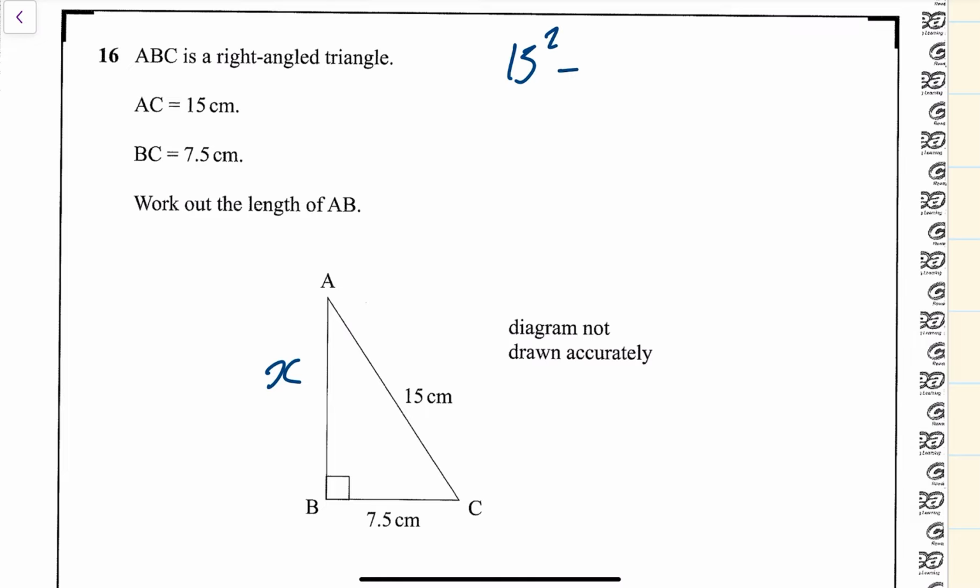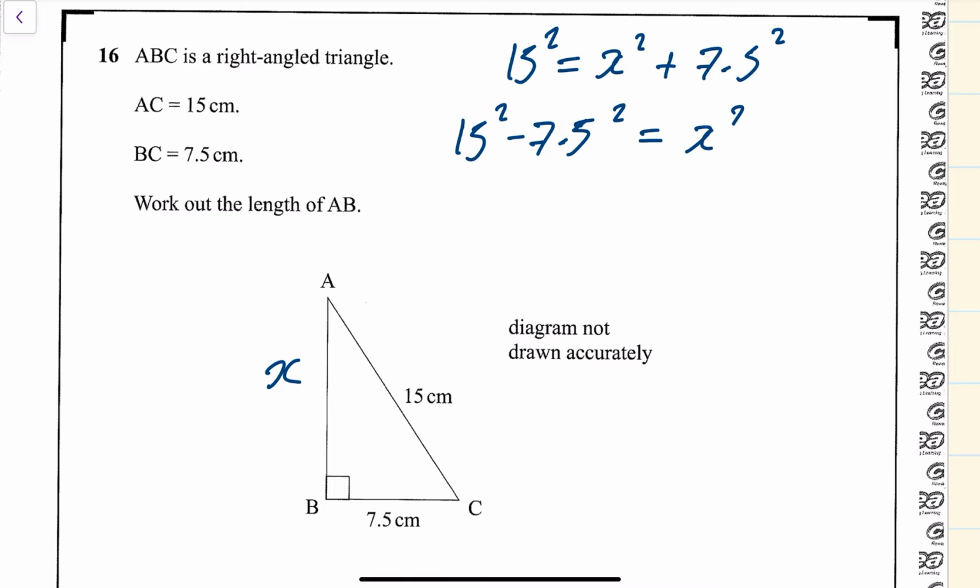I always start with the hypotenuse. The hypotenuse squared equals the sum of the squares on the other two sides. So we have this. Let's use a calculator to a minimum here. So I've just moved my 7.5 squared across and then square root that, and that will give me what my x is. So I've only had to use my calculator once. Let's do it now. Square root of 15 squared minus 7.5 squared. Hit equals,